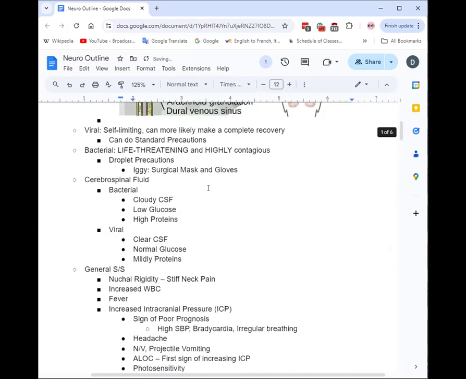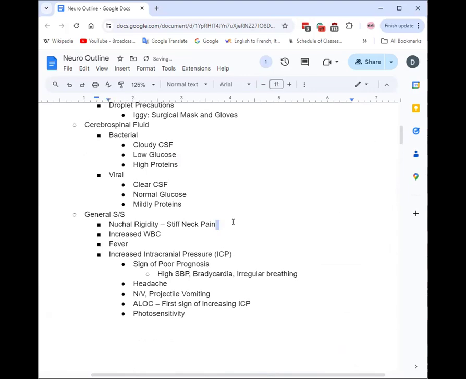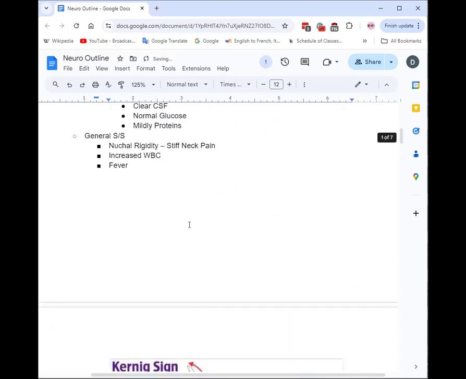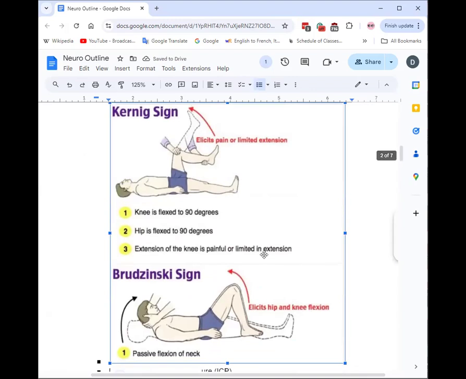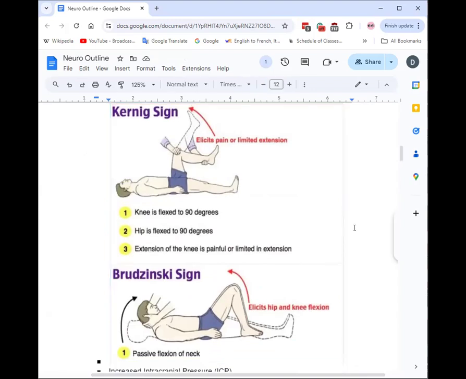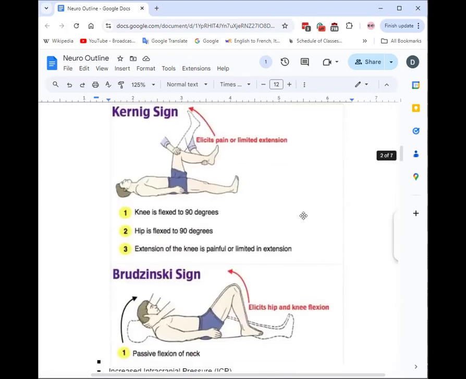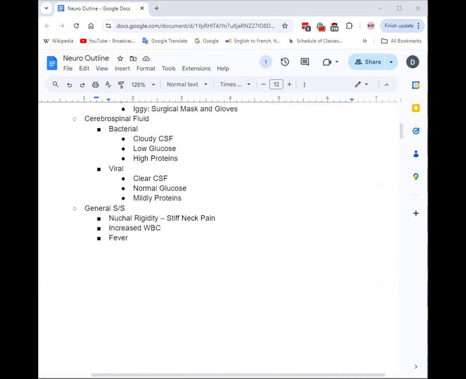So basically, Kaylin, you're saying I should put this more like that? Yeah, it's under your signs and symptoms. I just wanted to clarify because I came across a question earlier today asking what this is a sign of, and I put increased ICP, but it was meningitis, because that's a specific sign for it. Okay, that's good to know.